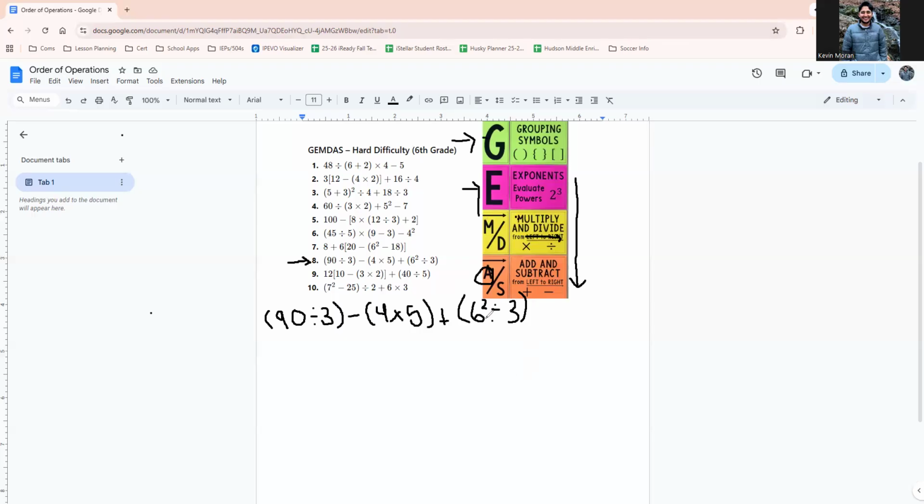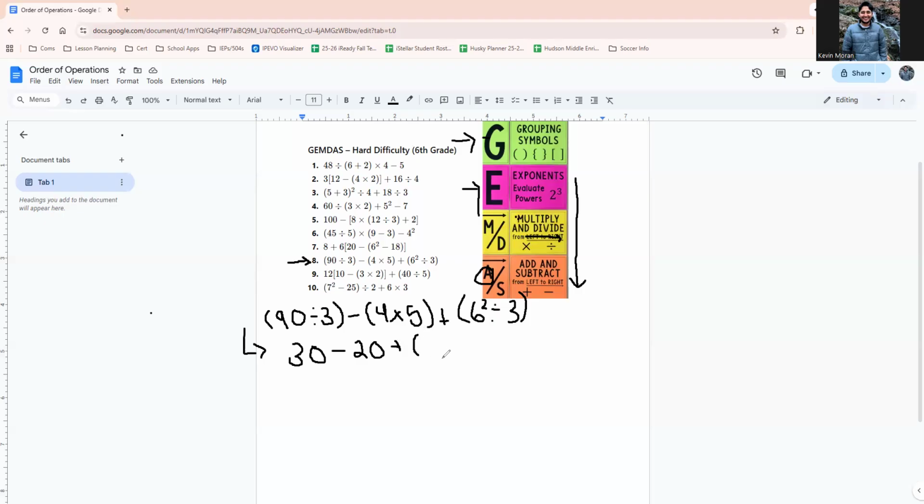Lots of groups here, right? So I'm going to see if I can simplify things within each group before I get to my next line. So 90 divided by 3 is 30 minus 4 times 5, and it's in the group alone, so I can also just do it right here, right now. 4 times 5 is 20